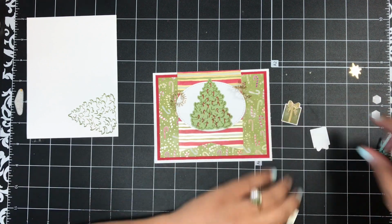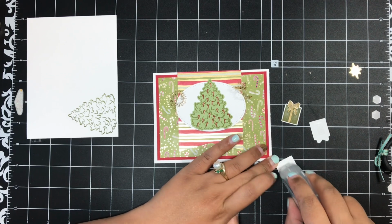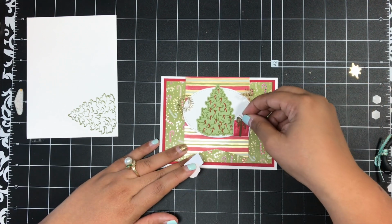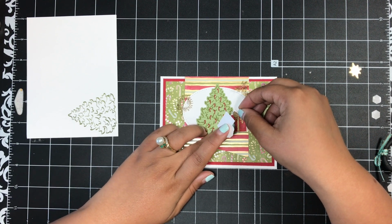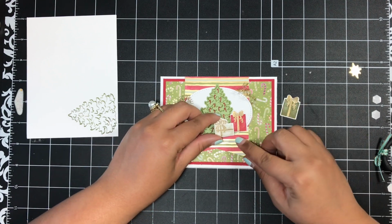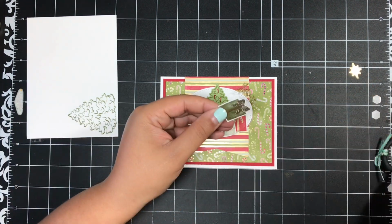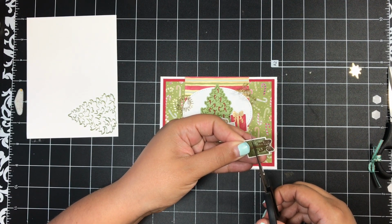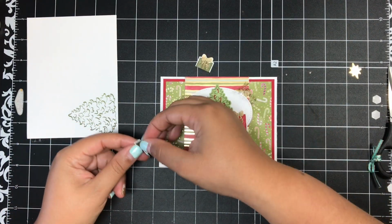So I've got adhesive on the back of both of these, so I will pop this real red one. I'm not going to press it down yet, just in case I need to move it. Let's see. I guess I'll do like that for now. Then I'm going to take the mossy meadow present, and I'm actually going to cut it in half, because I'm going to make it a little bit taller than it already is. So to do that,